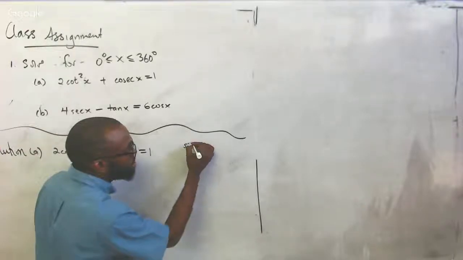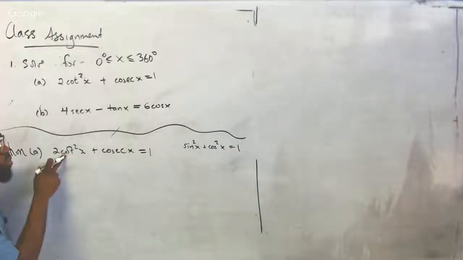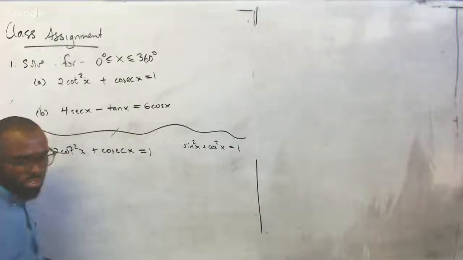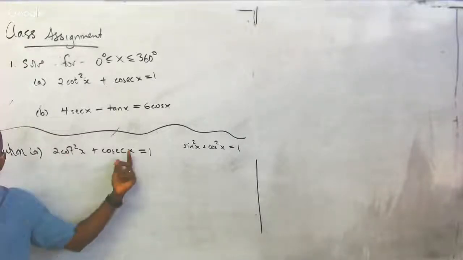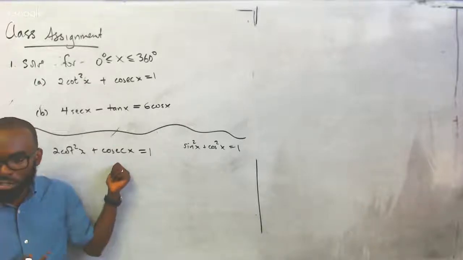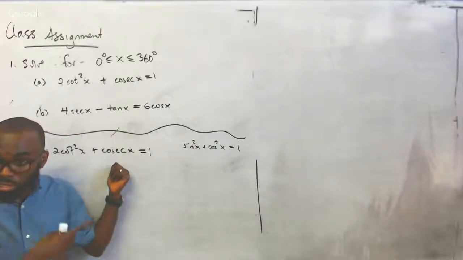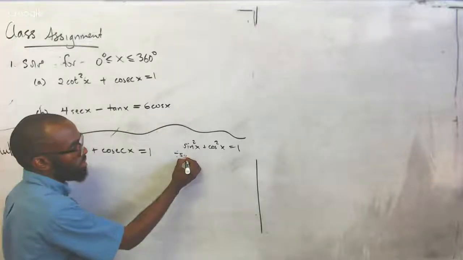But if you did what I recommended and you just study one of them, sine squared plus cosine squared of x equal to 1, I said, how can I get cotangent from this? What's the formula for cotangent in terms of sine and cos? Cos upon sine. So because the sine is in the denominator, I am telling myself divide this by sine. But somebody may say, but sir, if I never choose this and I pick the other one, would I come to the same conclusion? Let's try. What is cosecant? 1 over sine. So you see, it's still telling me again to divide by sine. So in both cases, I would have divided by sine.